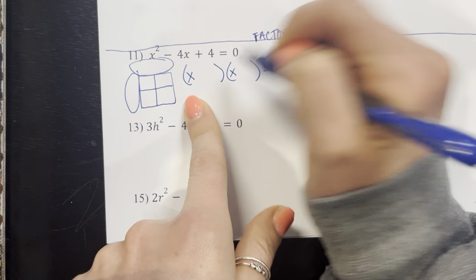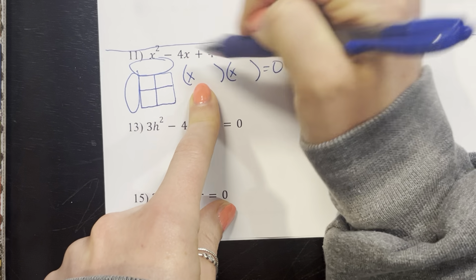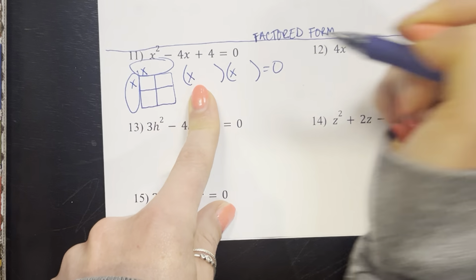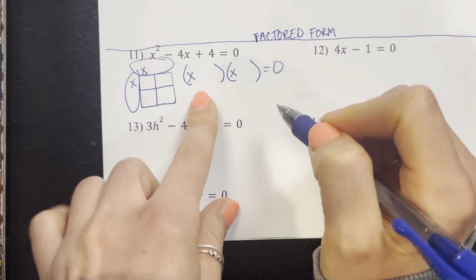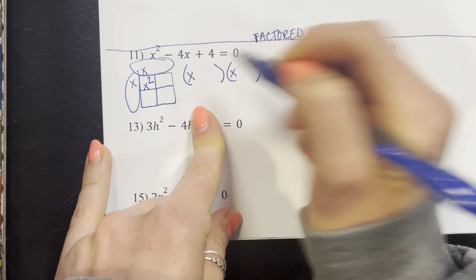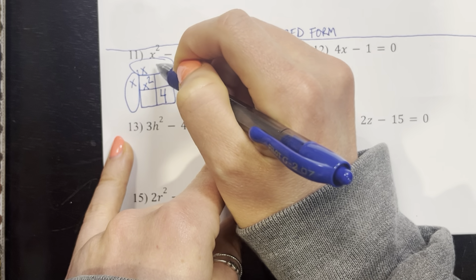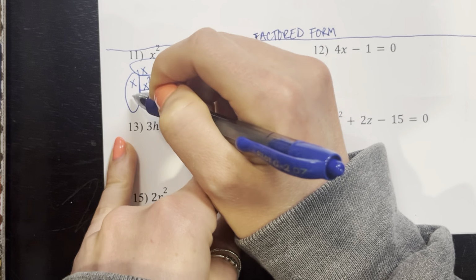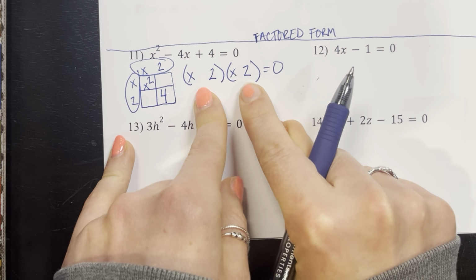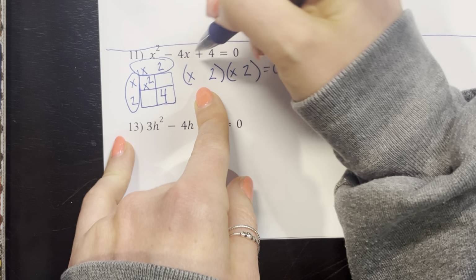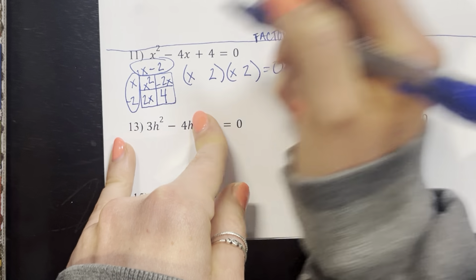This has to be an x, and this has to be an x. So when we do these, typically it's just x and x, because x times x is x squared. If you're doing the box method, that goes there. And you ask yourself, what are the other numbers that go here to make this? So here's x squared. This has to multiply to be 4. So your two numbers, 4 is 2 times 2. If that's a 2 and that's a 2, it works. And then you say, wait a minute, but I need to make it negative 4x. So if that's negative and that's negative,